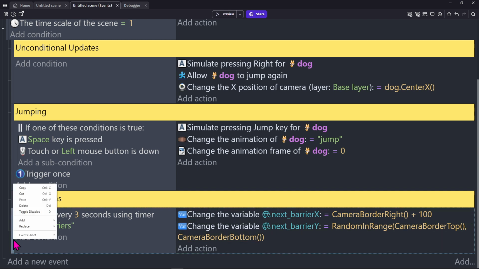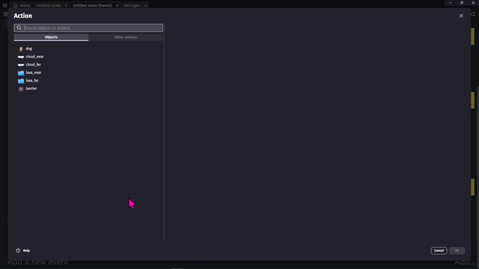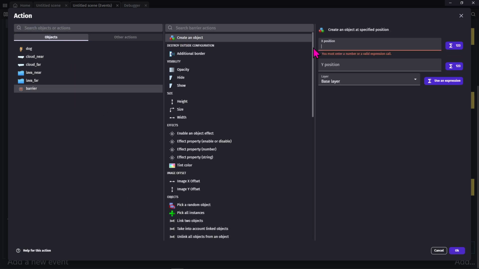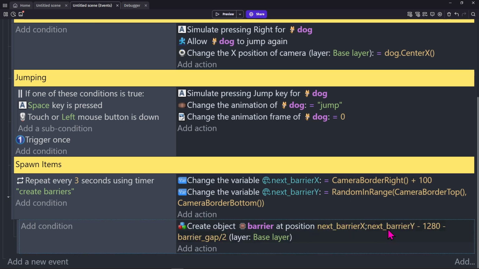On the left, right-click and add sub-event, or Shift-D, add action, click on barrier, create an object, hit OK. Now I want you to set the X position to next barrier X, set the Y value to next barrier Y minus 1280 minus barrier gap divided by 2. The reason for this is we're setting the Y coordinate to somewhere within the visible Y coordinates, and we're subtracting the height of the sprite object